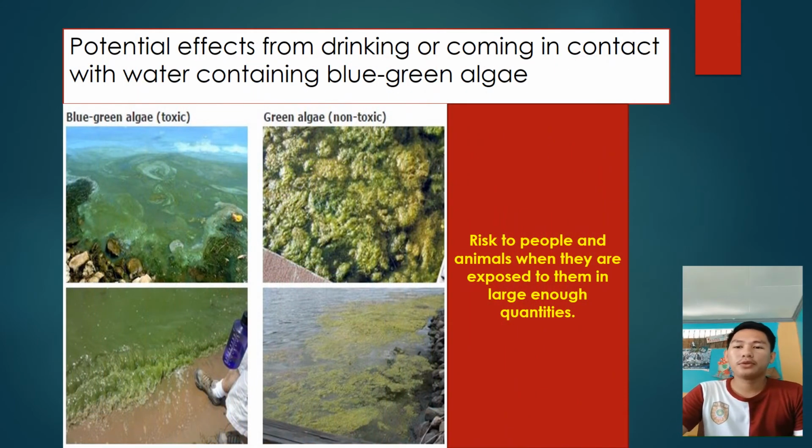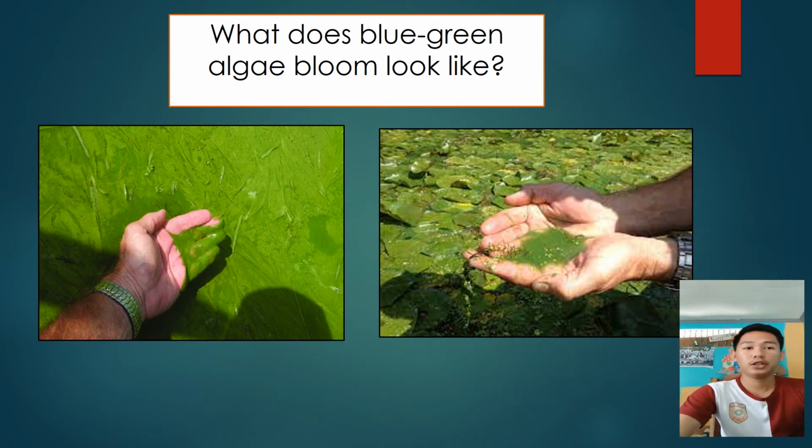Some blue-green algae produce toxins that could pose a health risk to people and animals when they are exposed to them in large enough quantities. Health effects occur when surface scums or water containing high levels of blue-green algae toxins are swallowed, through contact with the skin, or when airborne droplets containing toxins are inhaled while swimming, bathing, or showering. In addition, consuming water containing high levels of blue-green algae toxins has been associated with effects on the liver and on the nervous system in laboratory animals, pets, livestock, and of course humans.